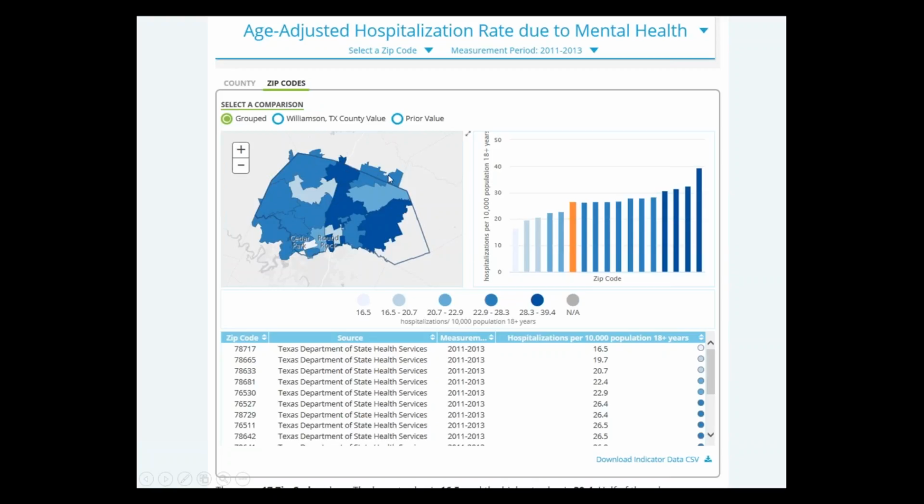And it's a great way to visualize how the mental health landscape looks in regards to hospitalization. As well, on the right-hand side, you can see a bar graph of each zip code and how their hospitalization rate compares to the other portions in the county. And lastly,